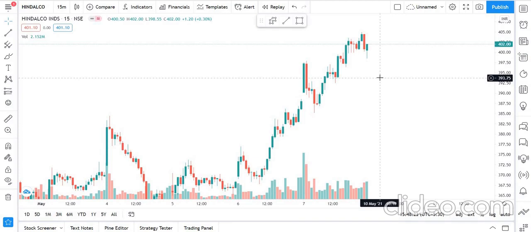We think that the indicator was bad or our strategy was bad. We think we need to update a few things in our strategy, or a few things in our indicator settings, and only after that should I take a trade. So sometimes you are wrong. Might be your indicator is not rightly working. Yeah, that can be true. But the second thing that can be true is that your timing was bad. You should also be very aware of the different timings of the market: at what timing volatility will be there, and at what timing volatility will not be there.